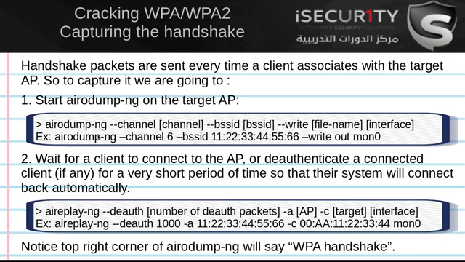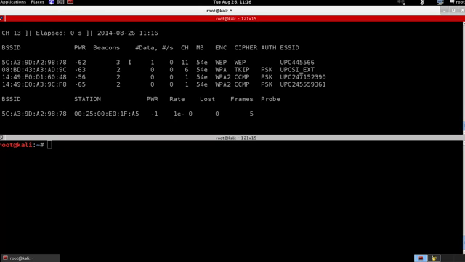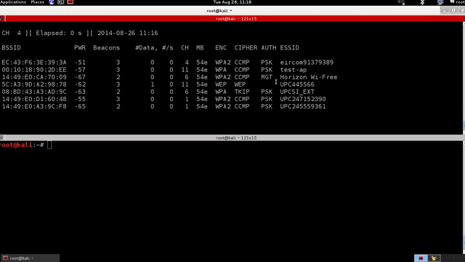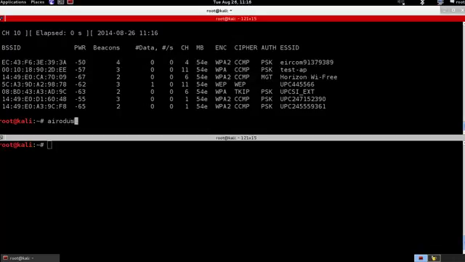So to crack a WPA key, the first thing we're gonna need is to capture the handshake. We're gonna capture the handshake using airodump-ng, the same way that we used to use it with WEP encrypted networks. So we're gonna run airodump. I'm just gonna run it on everything now to get the information about my target network. And this is my target. So it's airodump-ng